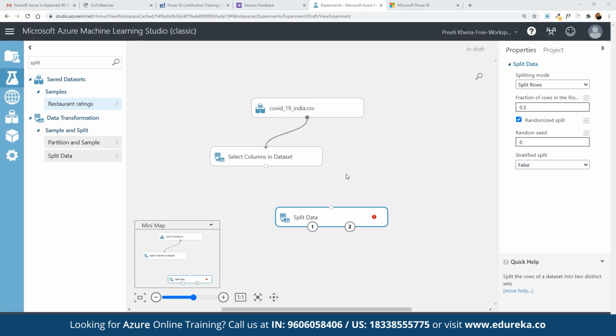So here we can split the entire data into training and test data, because we don't use the entire data set. We split the entire data set, and that's how we start working on it. We can split it into one training component and the other component to be testing data.